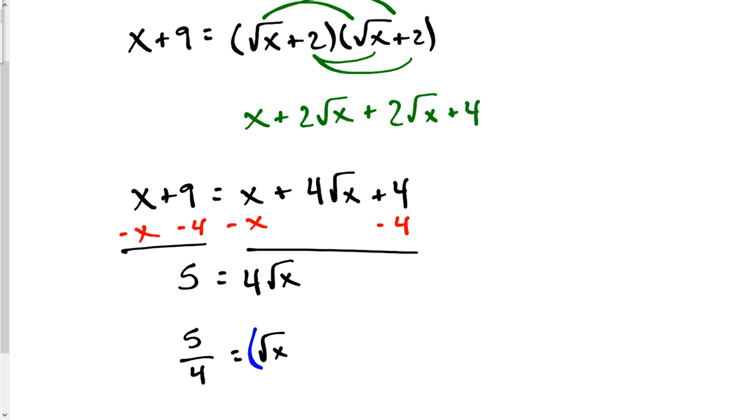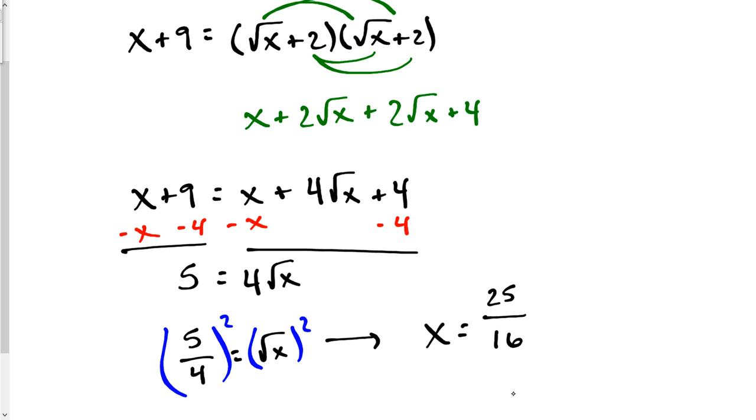So now we can go through and square both sides. Hopefully you guys remember what's called the power of a quotient rule. So if you have 5/4 squared, it's 5/4 times 5/4. So really what this is turning into is x equals 5 squared, which is 25, over 4 squared, which is 16. Now you can leave that as an improper fraction, or if you want to, grab a calculator, type in 25 divided by 16, and you get